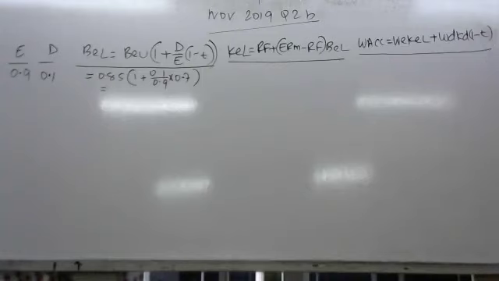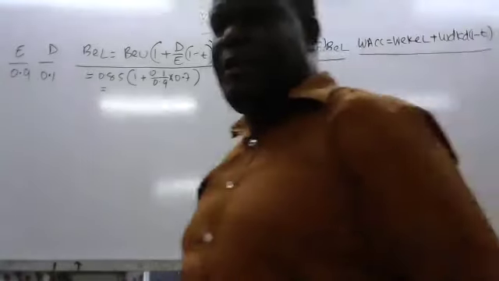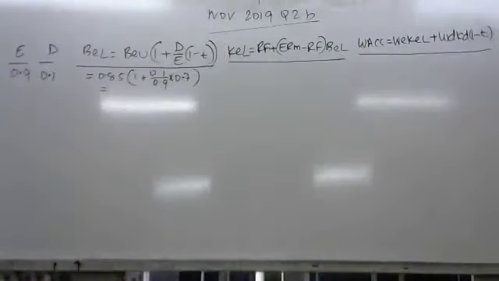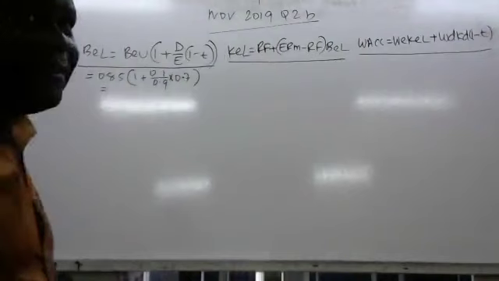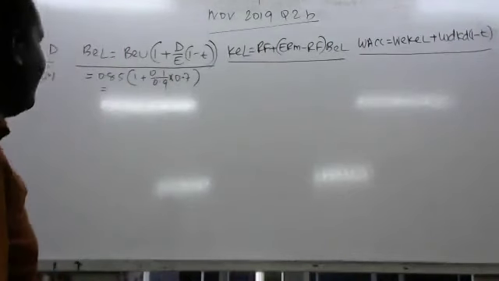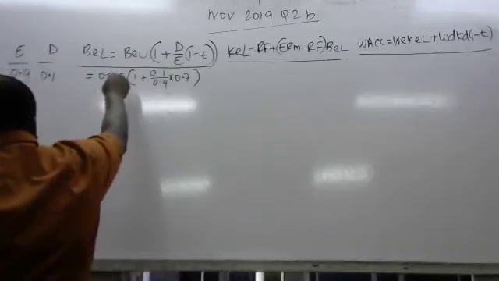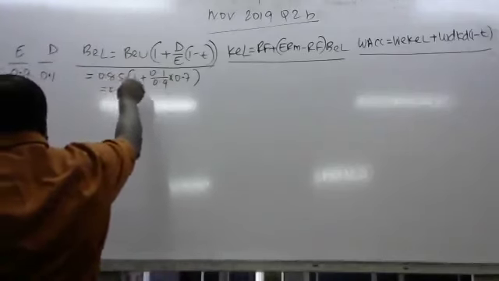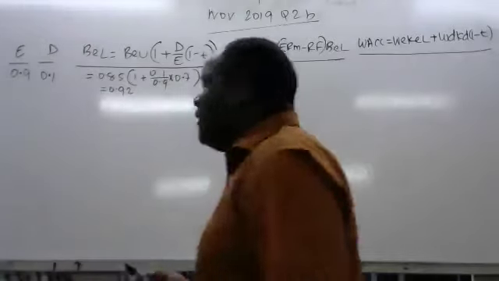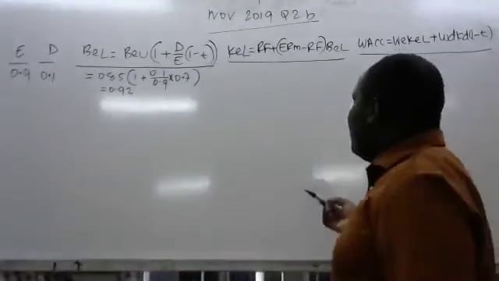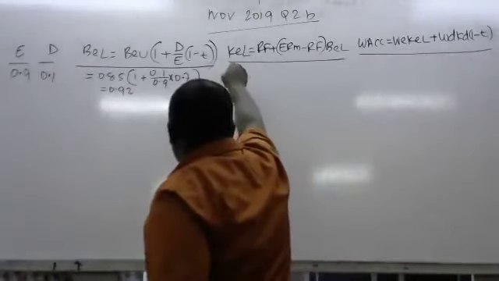So also round it off to 2 decimal places, because so far the one that was given was in 2 decimal places. 0.92. So once we get that, we now come to this point,